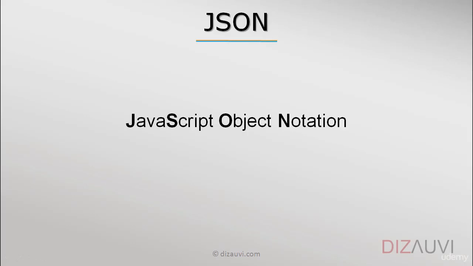You must have heard about the JavaScript Object Notation, or JSON for short, which is a very popular form of representing data as a string, especially for cases when you want to send the data from the server to the browser, back and forth. So just like data can be represented as XML, it may also be represented as JSON.